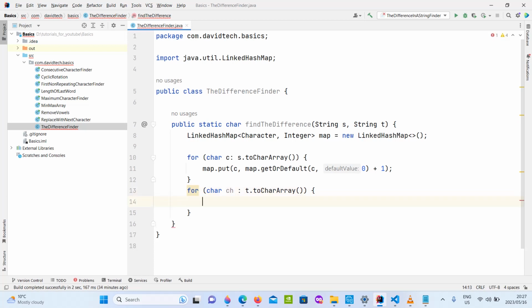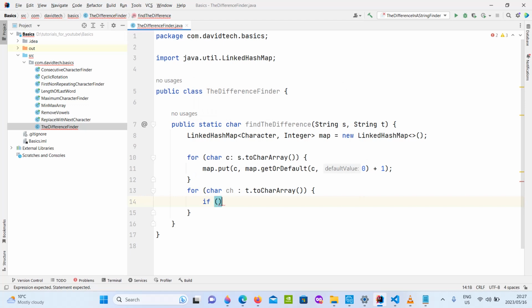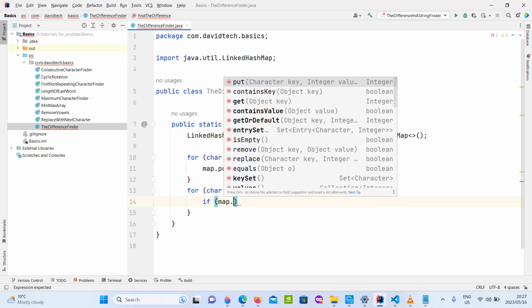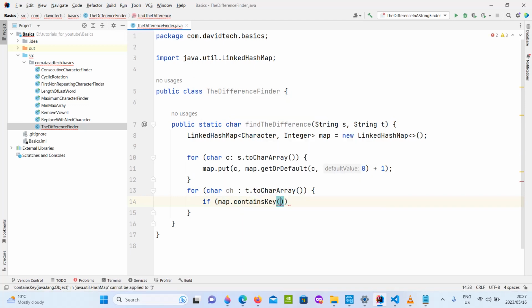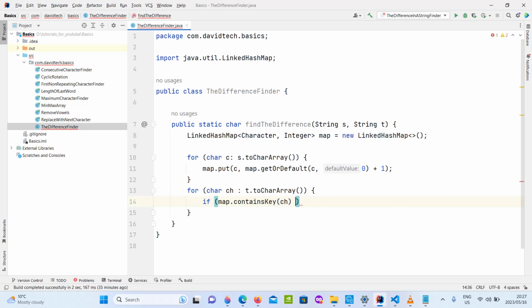Now here's the trick. If map dot containsKey,